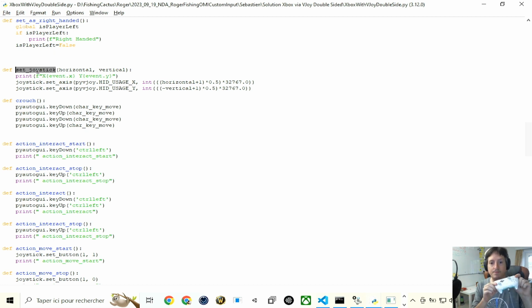So here, when you move the joystick, you receive the value of Microsoft, and you need to convert it to a vJoy one. So here, what happened is that I receive this value that is from -1 to 1. And so to be able to have a vJoy one, you need one that goes from 0 to 32,000. So what I do is that I take the -1 to 1, I add 1 to move it on the 0 to 2,